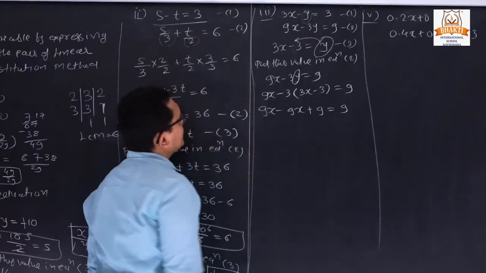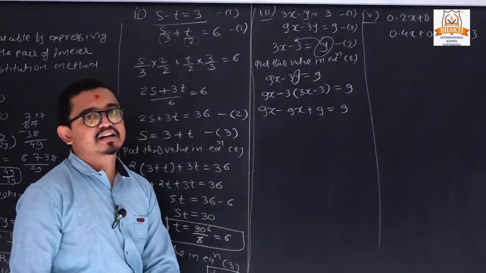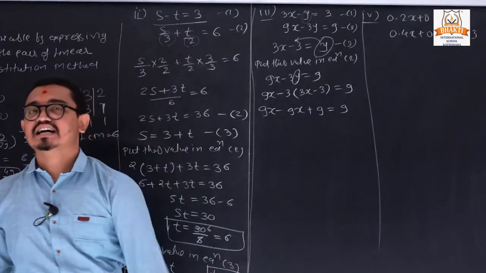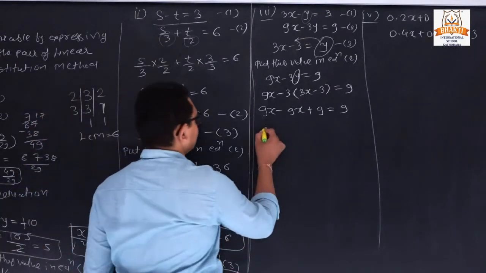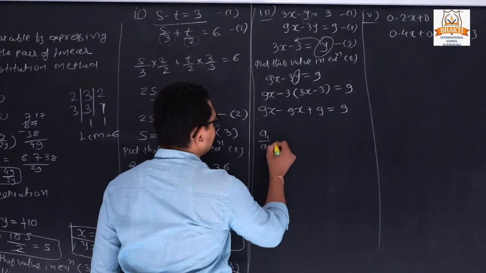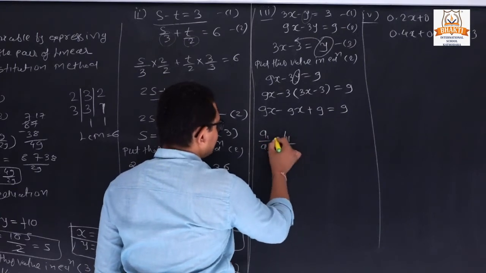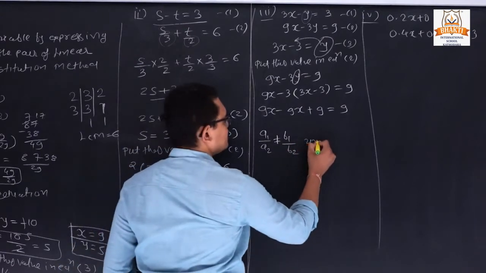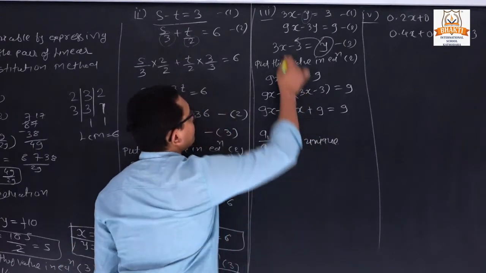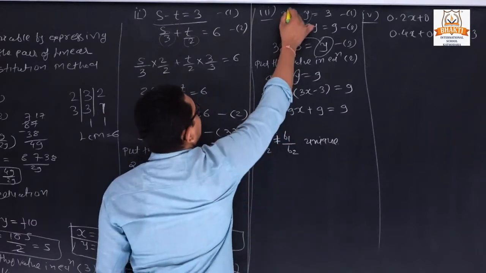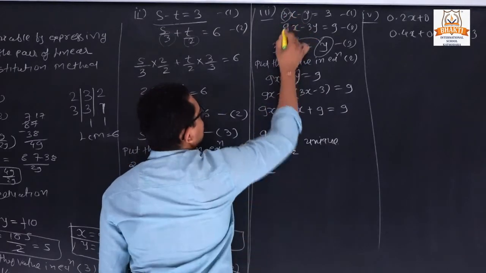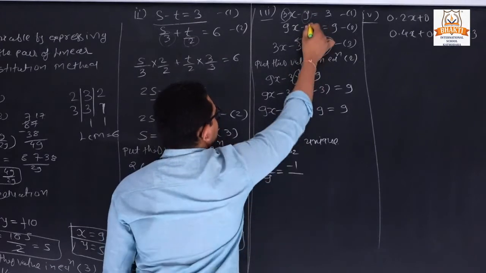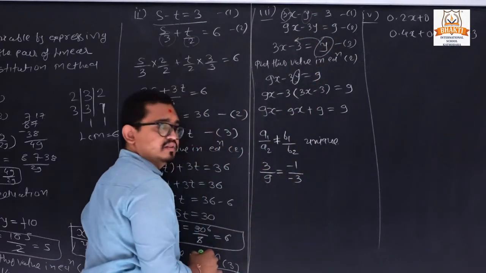Clear? So it means what? We cannot find the solution of that equation. So here first of all you can remember that chart. Which chart? We can find the value like that, a1 upon a2, b1 upon b2. If these both are not equal, so we can have one unique solution. So here we have the same condition. See that what is a1? 3. What is a2? 9. What is b1? Minus 1. What is b2? Minus 3.